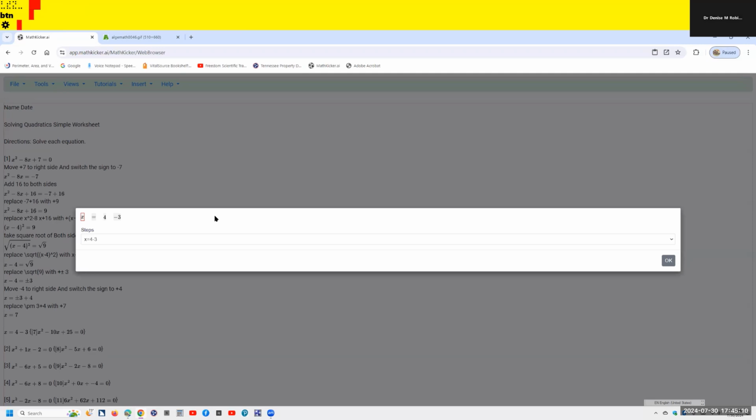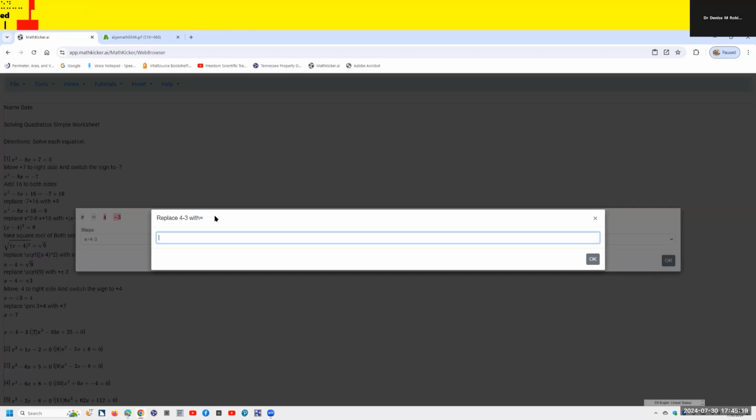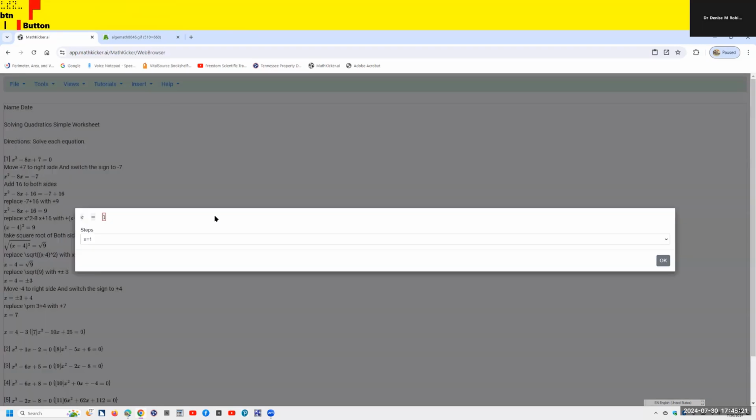Let's go ahead and solve that. Right arrow. Equals button, 4 button to activate. Press space bar. Select it with space. 4 selected. Right arrow. Minus 3 button to activate. Space. Minus 3 selected. Okay, we're going to replace that with Control R. Control R. Replace 4 minus 3 with 1, which is 1. And Enter. MathKicker I